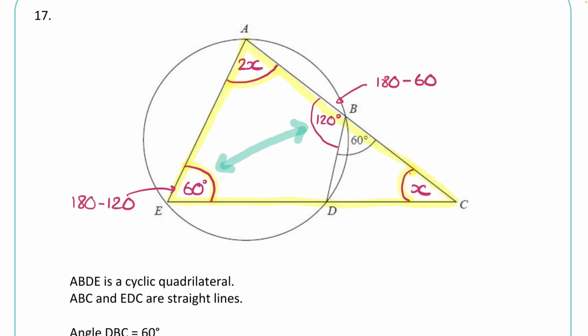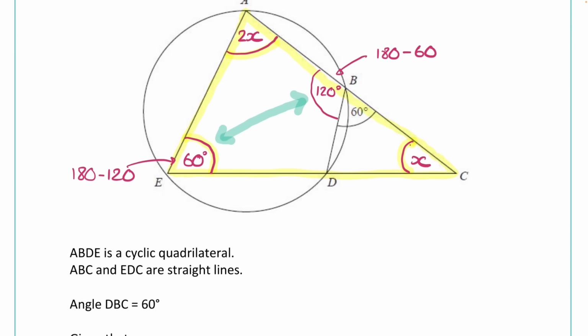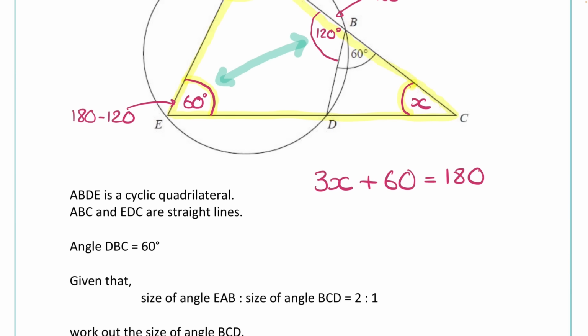So we can actually form and solve an equation for this. In total, if we add up those three angles, 2x add 1x is 3x plus the 60, and in total that adds up to 180, obviously, as angles in a triangle add up to 180. I can now solve this equation, subtracting 60, so 3x is equal to 120, and then dividing by 3, x